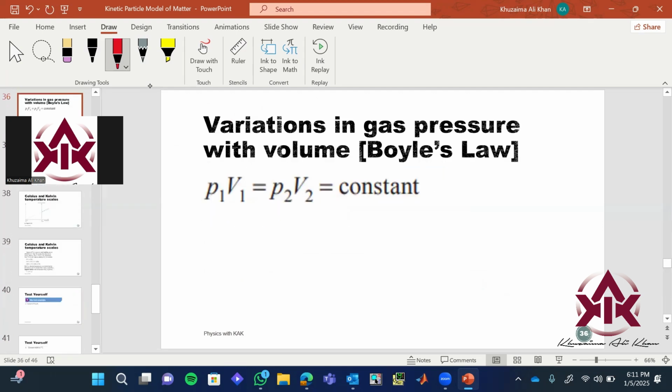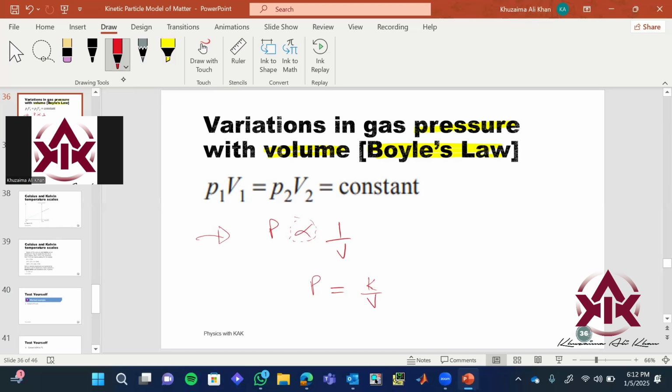So again, Boyle's law. What is Boyle's law? We had done this in the last slide. It relates pressure and volume. We have seen that pressure is inversely proportional to volume. If you want to remove this sign of proportionality, you introduce a constant, so P equals some constant, let's say K,